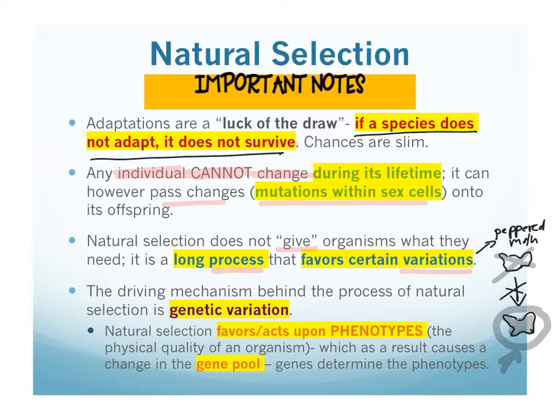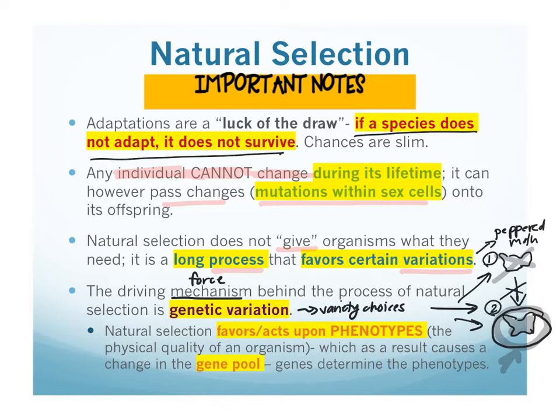The driving force or mechanism behind the process of natural selection is genetic variation. Okay, so genetic variation is variety or choices. So again, in the peppered moth, there were two choices, the white and the dark. Now, if you think about it, if the only choice was the white moth, then they would have all been killed out and you would have never seen the black evolve in the population. But because there were two choices,